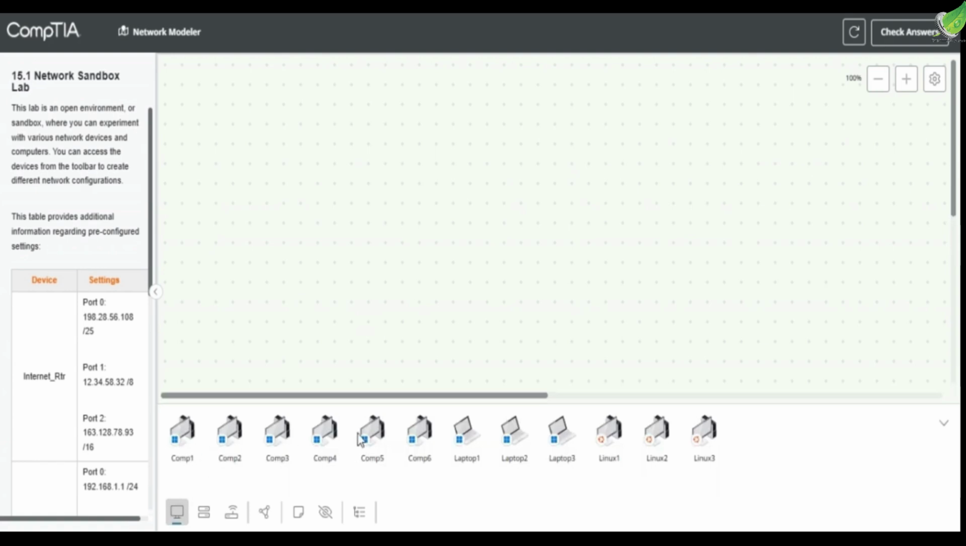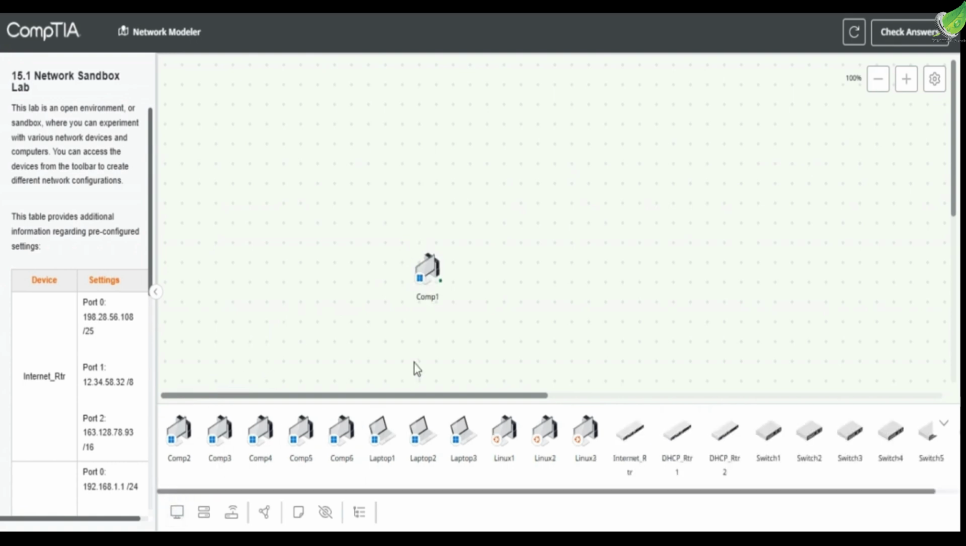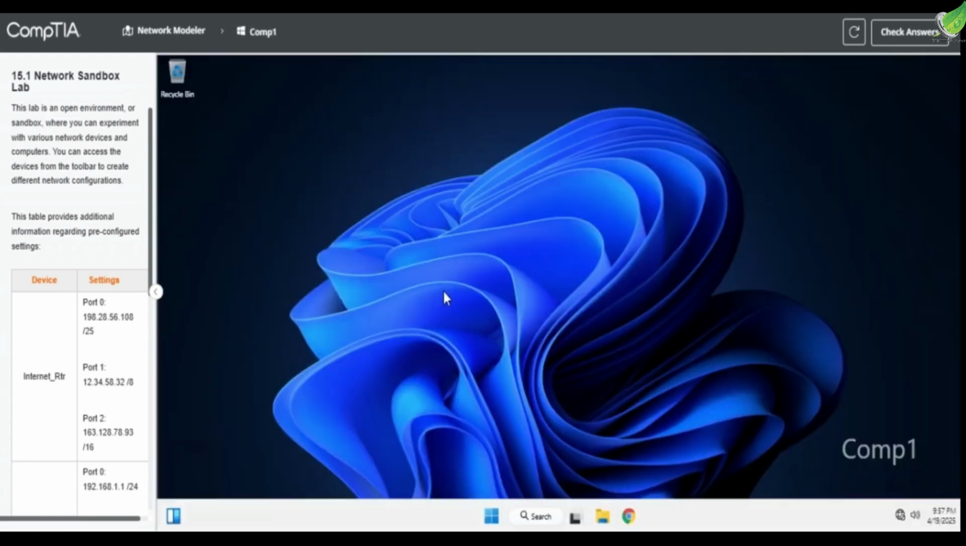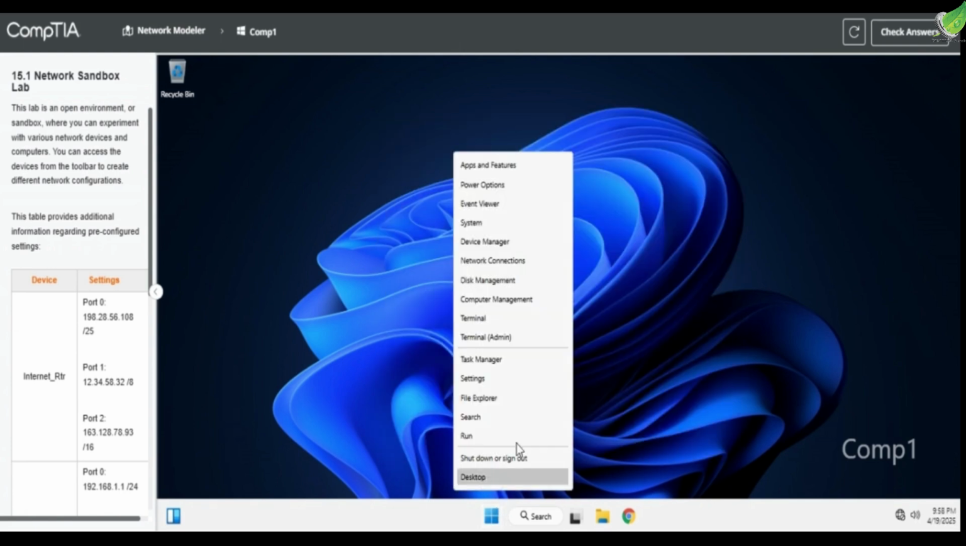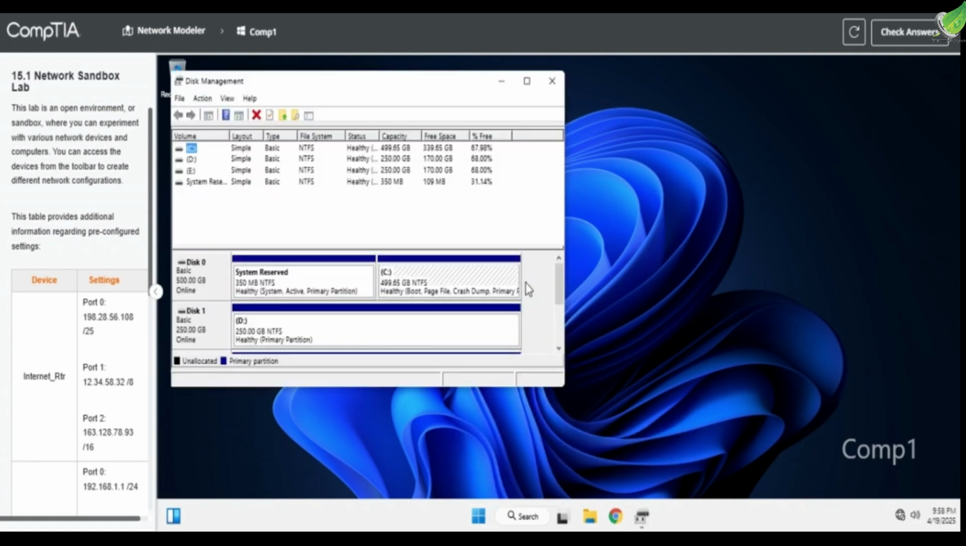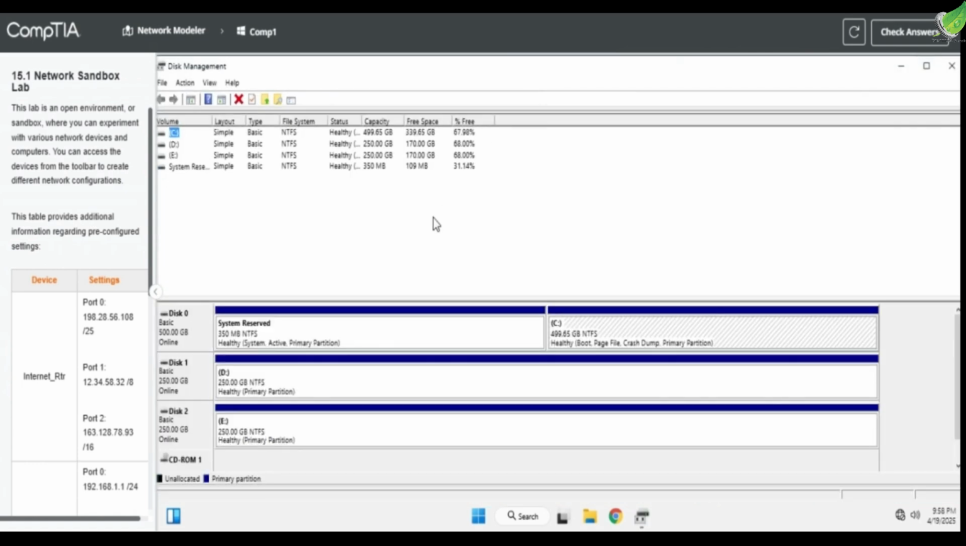Click on this and bring in Comp 1 here. We'll launch Windows. Go to Start and go to, let's see, Disk Management. So let's expand this and